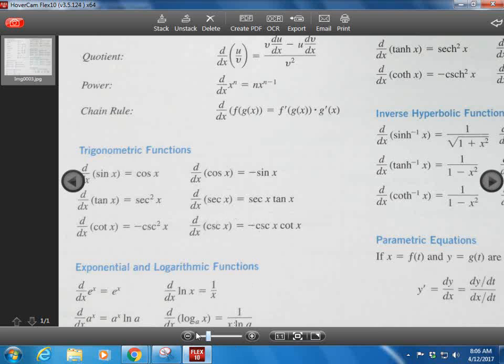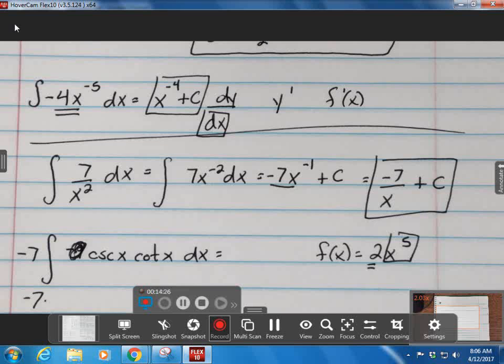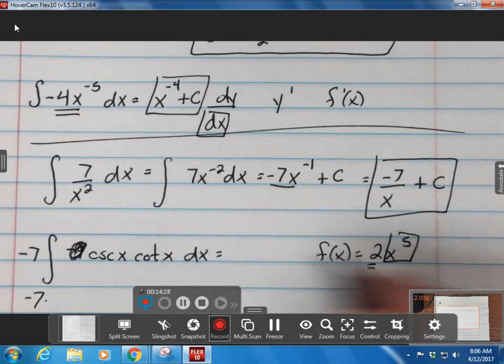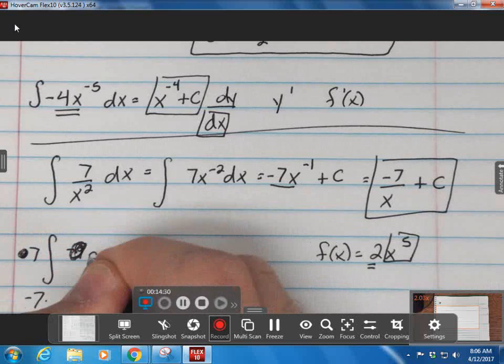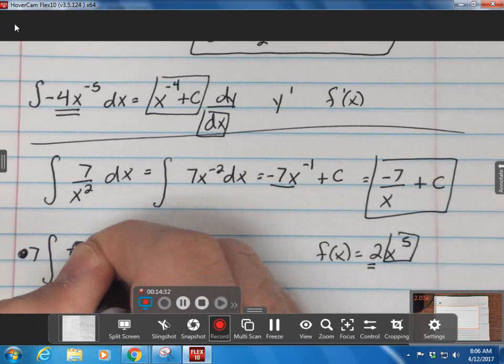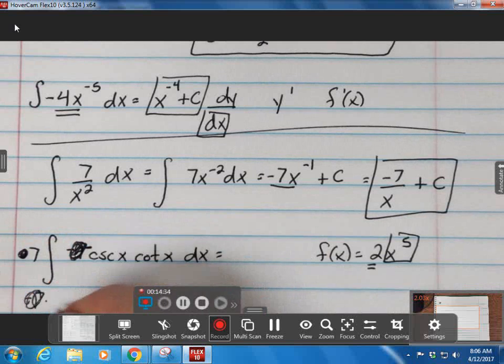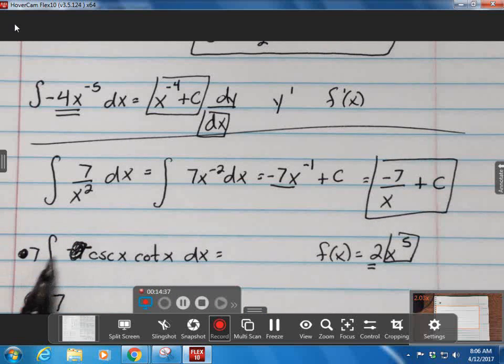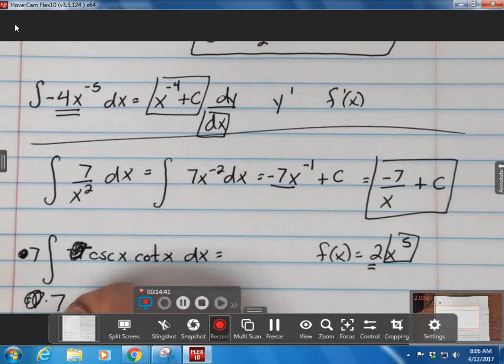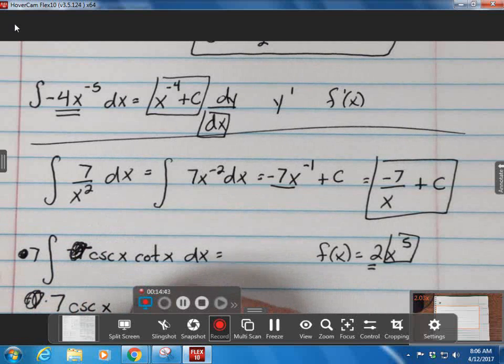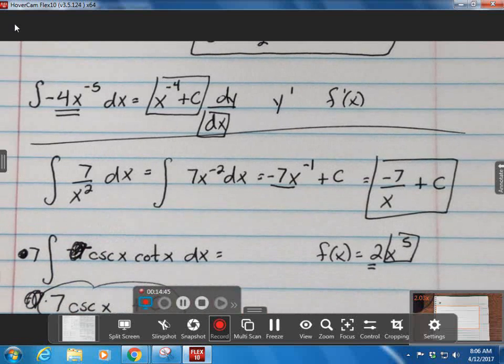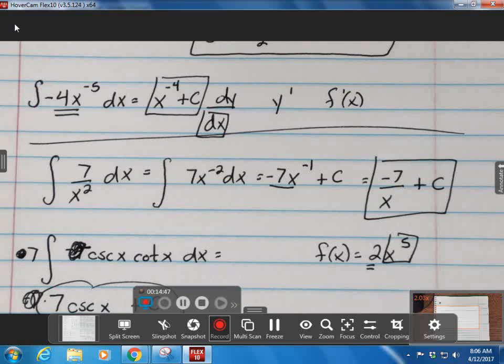So what I should have actually done, go back to my screen, was leave that negative inside with it. Let's do that. The negative's back inside, and I should have just brought down a 7. Because now the integral of negative cosecant cotangent is just cosecant. Tack on the plus c. So 7 cosecant,